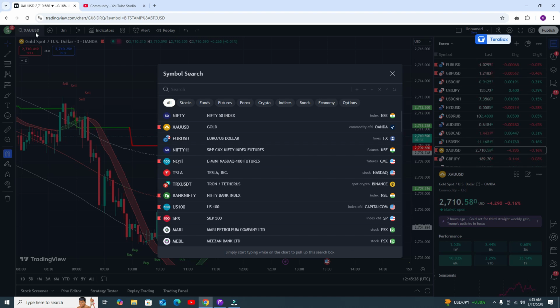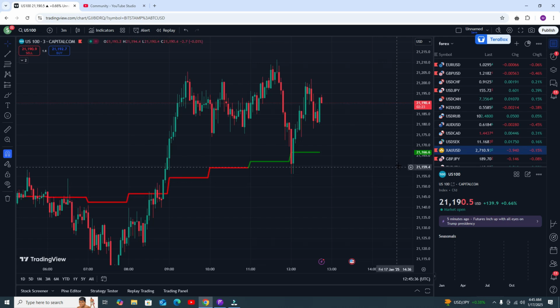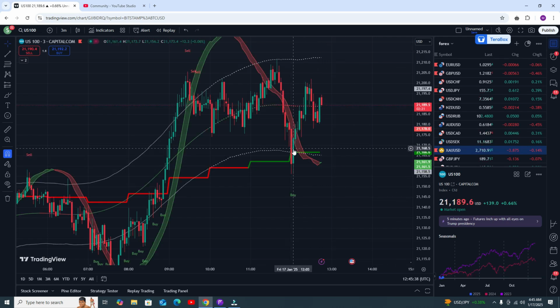Hopefully you will understand the rule now. Let me show you results in some other markets like US 100. In the US 100, this was our signal, but this is not a confirmed signal. I told you this is not a confirmed signal. This is our trade. Here you can see you need to go for the sell trade, and need to close the trade when this red line changes to the green one.